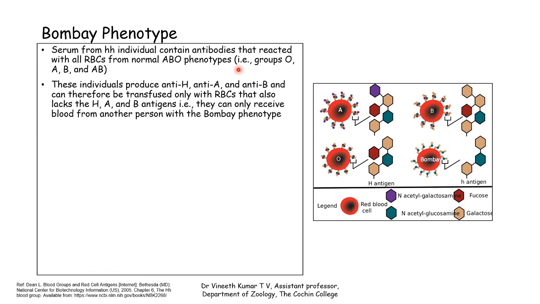So a particular girl, she was identified. We'll see the case of that particular girl in the next slide. What happened was she was having some cardiac issues, and in a preliminary clinic, she carried a blood report that she was having O blood group, and she was typed as Rh positive.